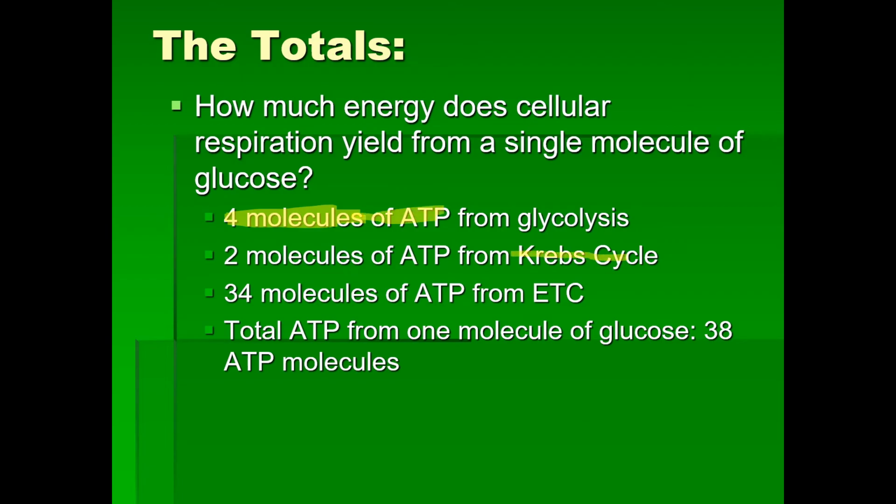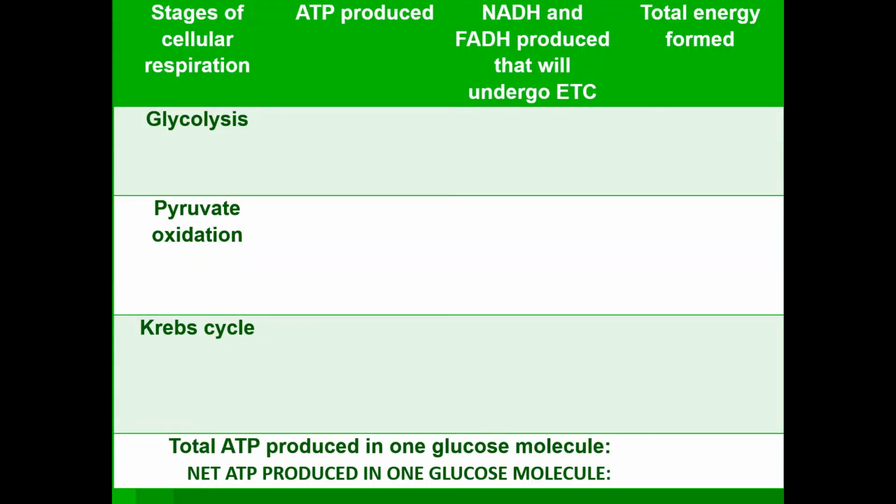For Krebs cycle, it will produce 2 molecules of ATP. For electron transport chain, it will be producing 34 molecules of ATP. So, the total ATP from one molecule of glucose ranges from 38 to 40. So, let me explain it in detail in the next slide. Okay? So, in this slide now,